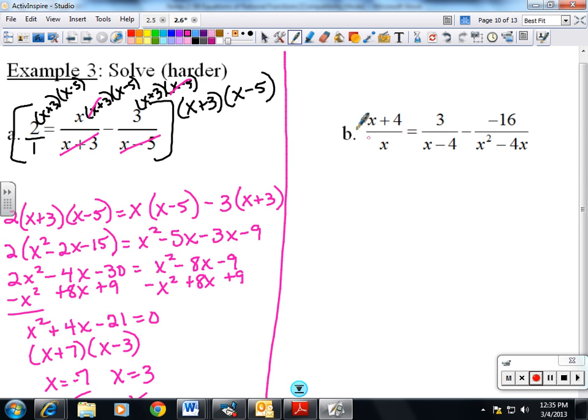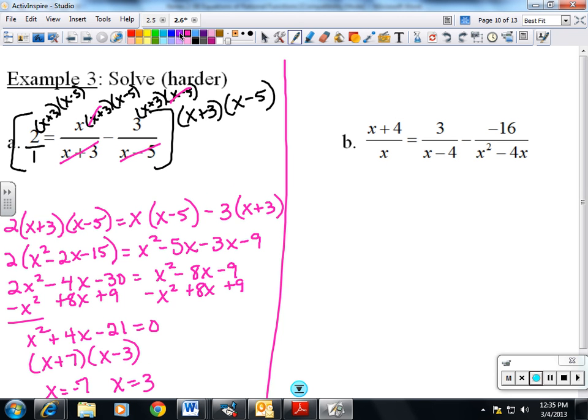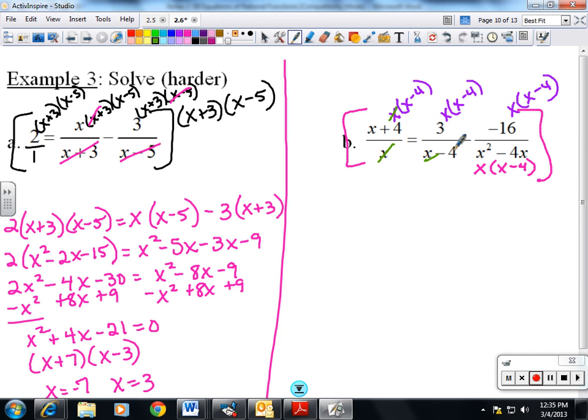Alright, this will be the last one for this video, and then I'll put the partial fractions on another video. This one, my LCD, if I factor this, I get x and x minus 4. So can you tell that that's my LCD because it has an x and an x minus 4. So I'm going to multiply through all my tops by x and x minus 4. Let's see what cancels. My x's cancel, my x minus 4's cancel, and everything cancels here. So what's left? I have x plus 4, x minus 4,